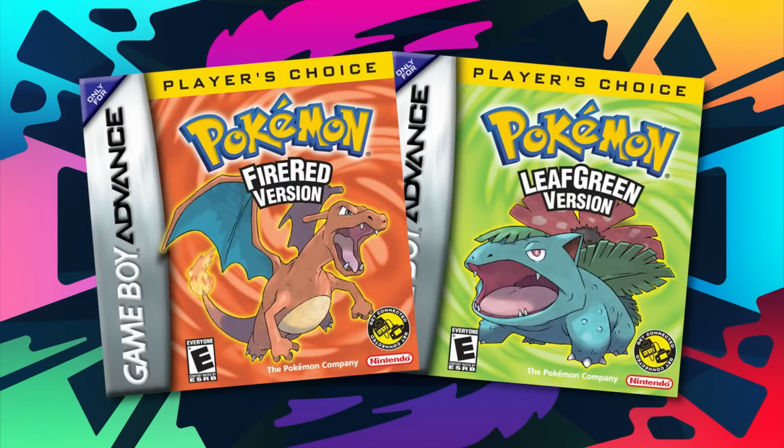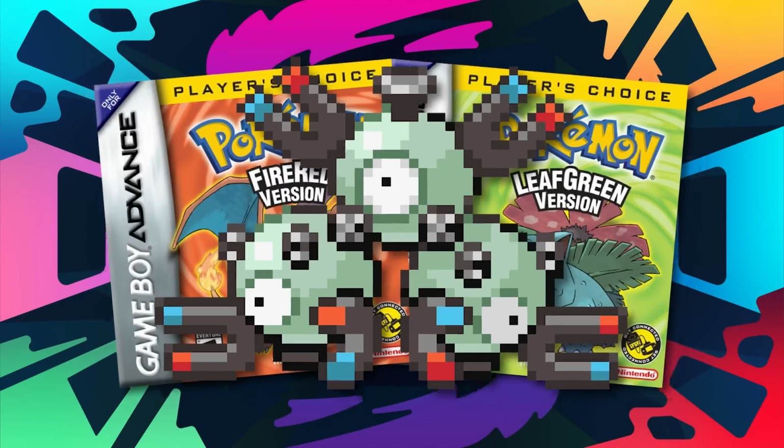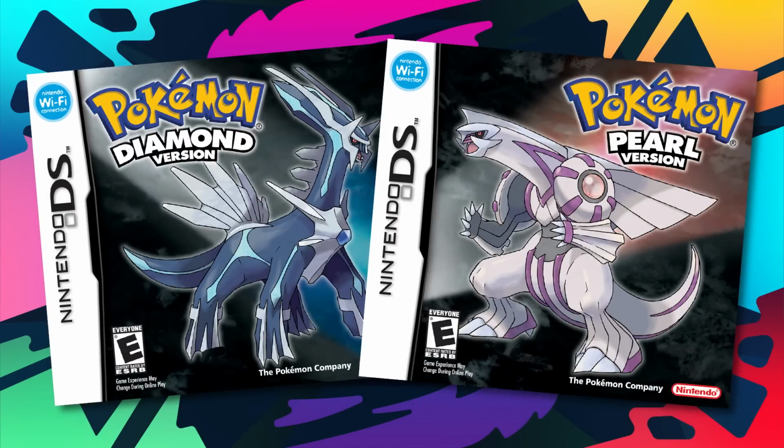There isn't much to say for Fire Red and Leaf Green. It's Magneton because that's the only steel type. It doesn't get much out of its steel typing here, but you know, electric type moves out of it can be solid. Alright, so for Diamond and Pearl, I went with quantity of time over quality of battler in a